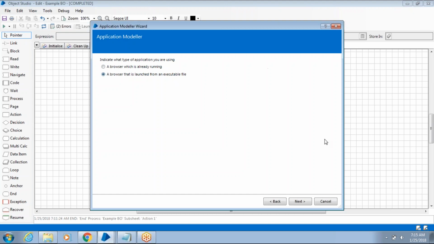Then you have to give the path of your executable file. You will find the Internet Explorer browser file in your program files in the C drive. You can browse and get that path, and then give the URL you want to log in to. For example, I give